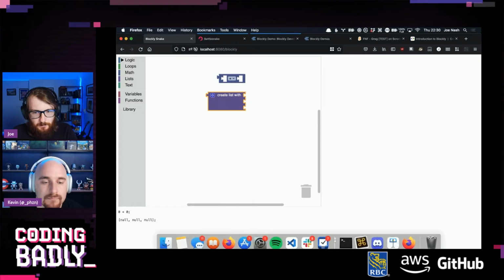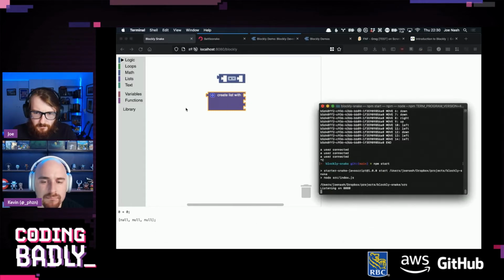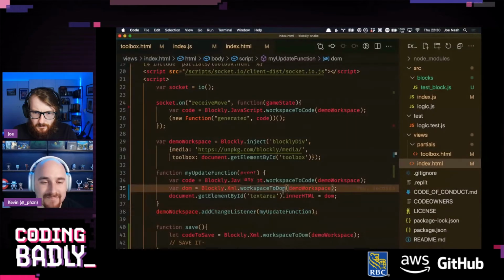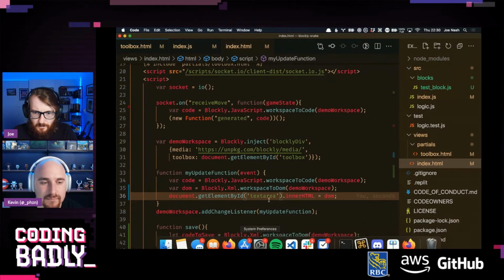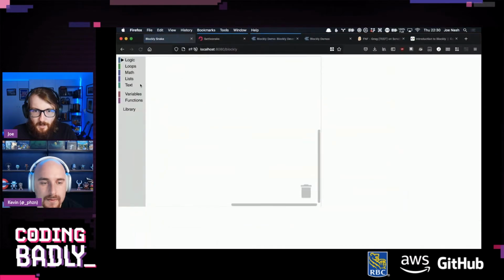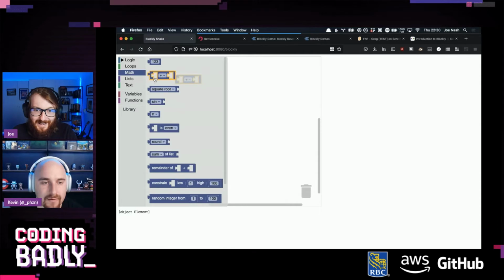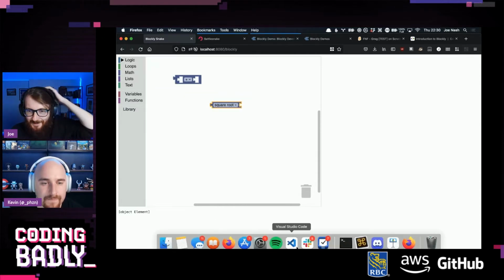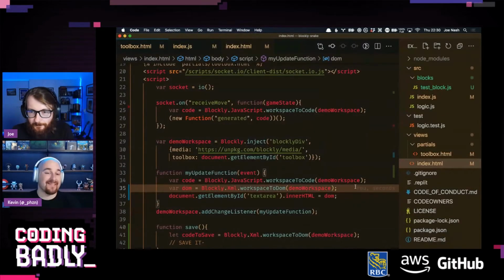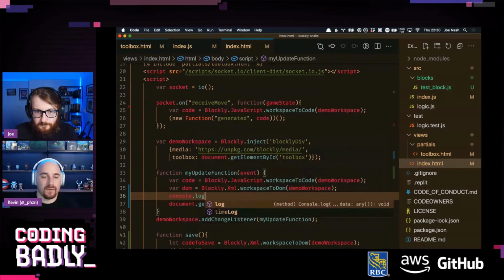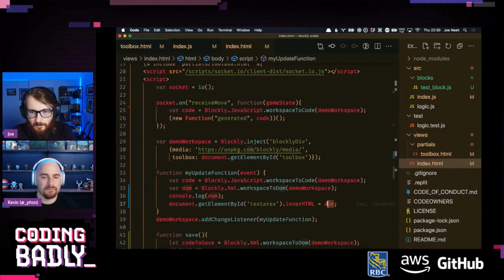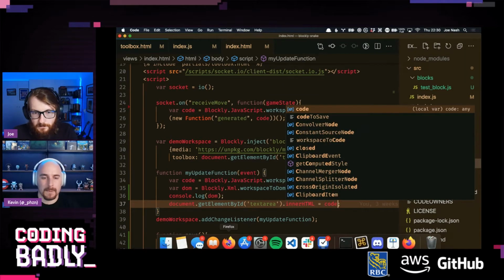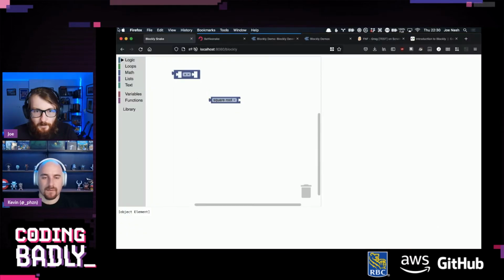Do I have to restart it for that? I don't think I should have to restart that. Would help if I was pressing the correct save key, maybe. There we go. Now we're getting objects, which isn't useful. So let's console log it instead. Don't we have to do a thing to convert an object in the console.log? No. Do I need to restart the app again? Yep, I think you do.